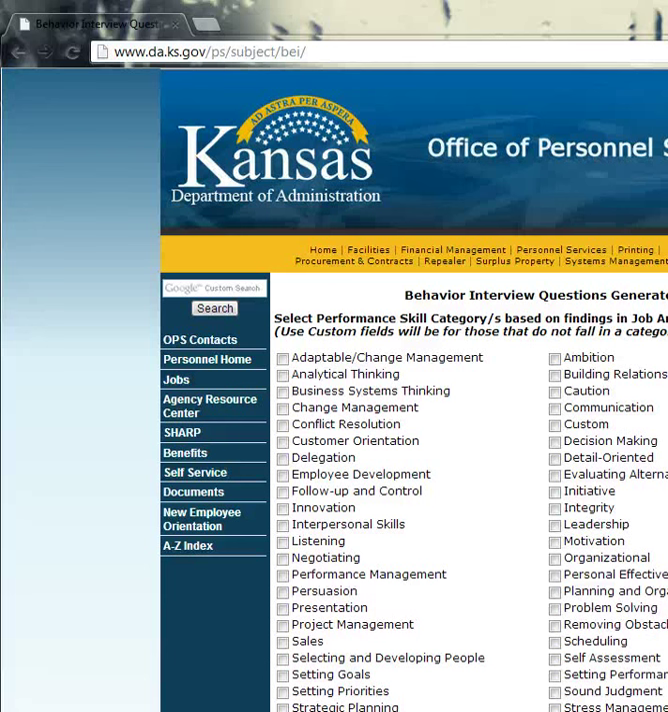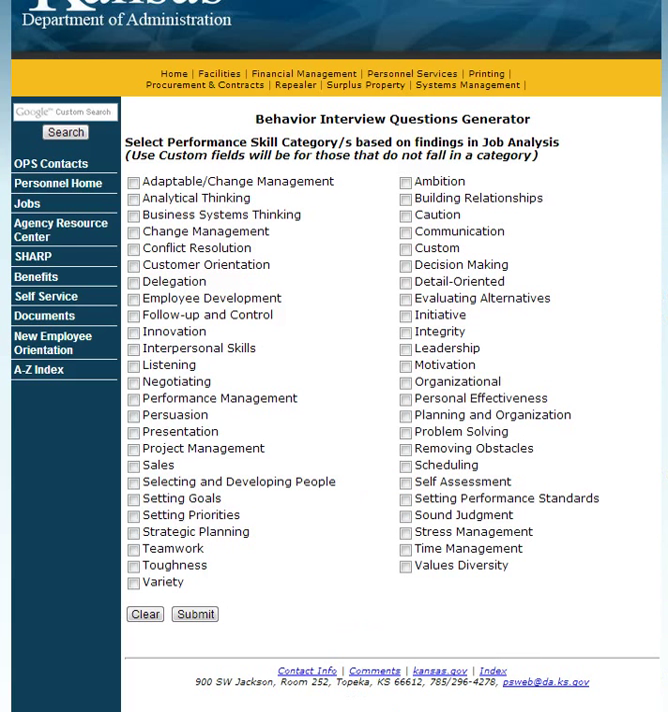The state of Kansas provides an online behavioral questions generator that can be used to create questions as well as a rating scale for each question. To use the question generator, go to www.da.ks.gov/ps/subject/BEI. The first step is to select the performance skill categories that best fit the position for which you are